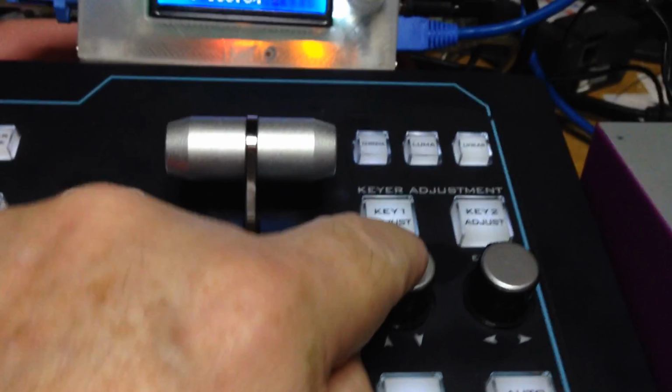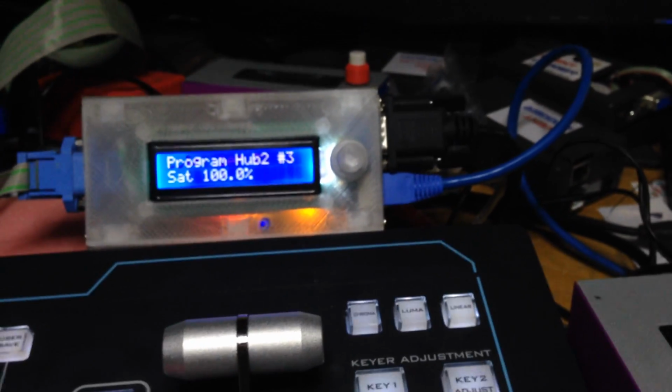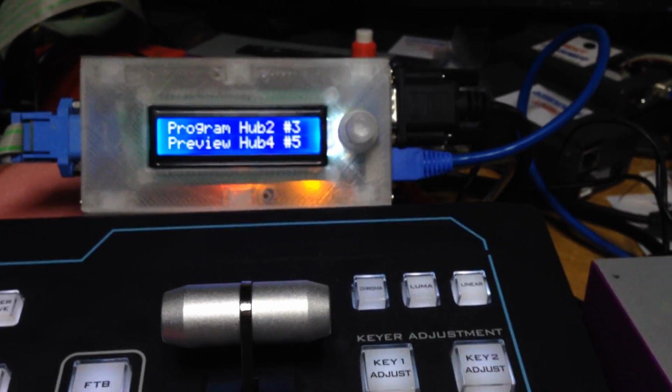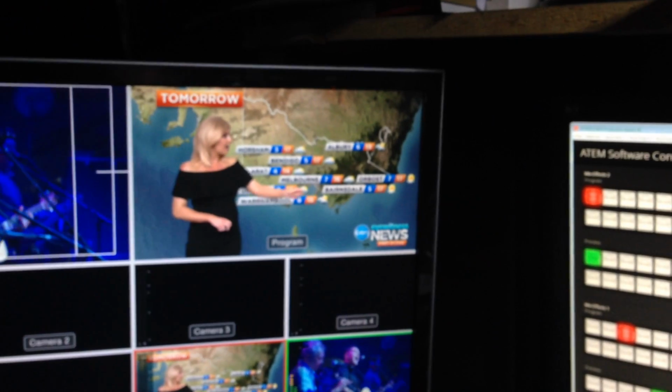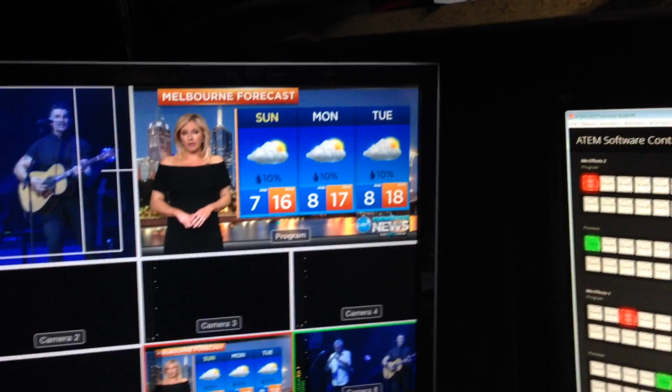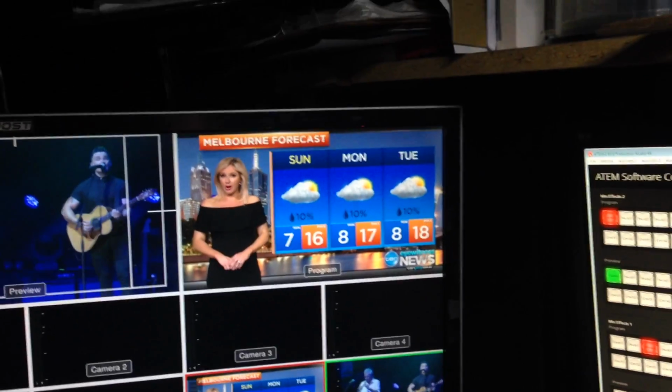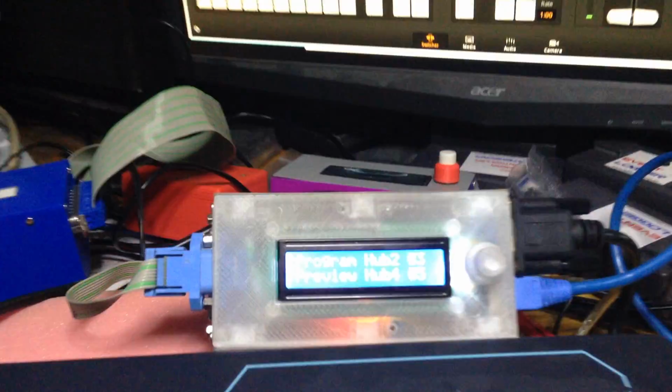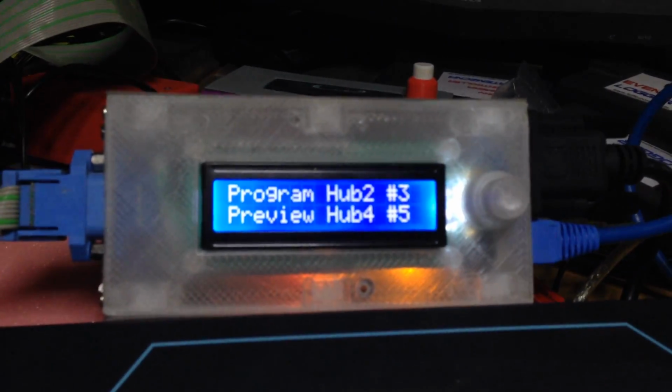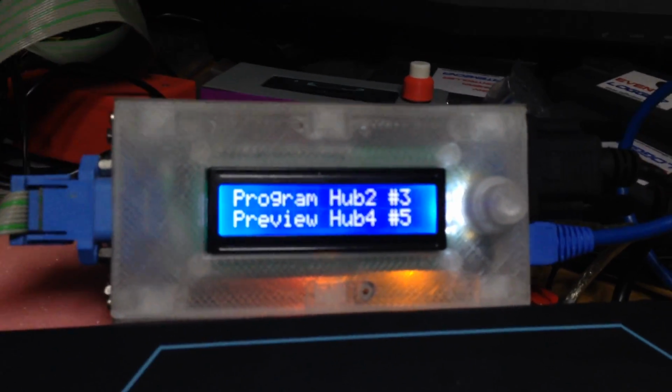I'll just press the menu button and everything reverts back to normal, and whatever you were doing on the previous screen reverts back to what it was prior to any adjustments being made. So it tries to be least disruptive to your operational flow as it can be. And of course, here we are back to normal operation on the LCD screen, and back to normal operation on the